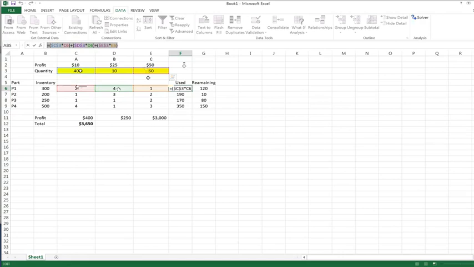180. This is another formula that's a simple subtraction of part 1 inventory minus what we require will give us our remaining. And so there's the calculations, and all these are calculated the same way, and all of these are calculated the same way. Down here we have profit